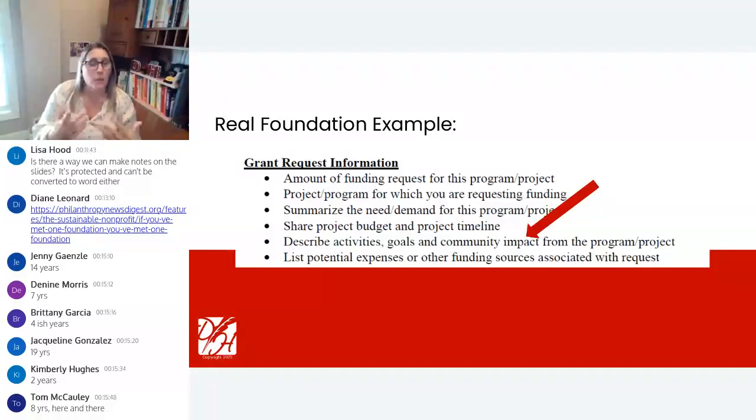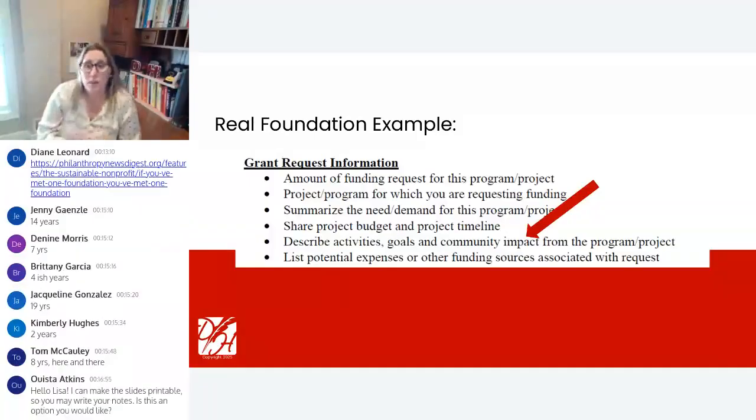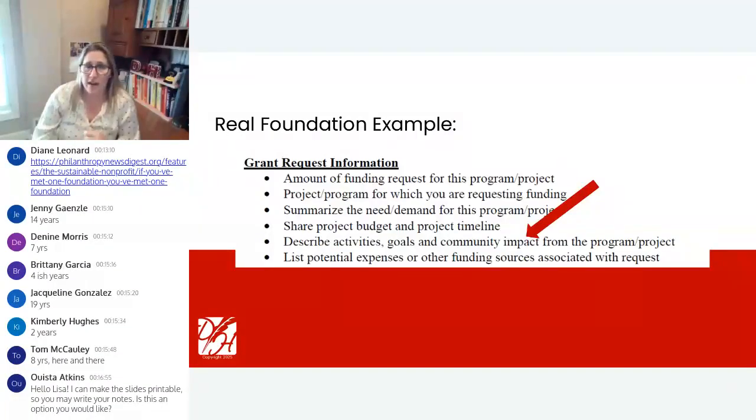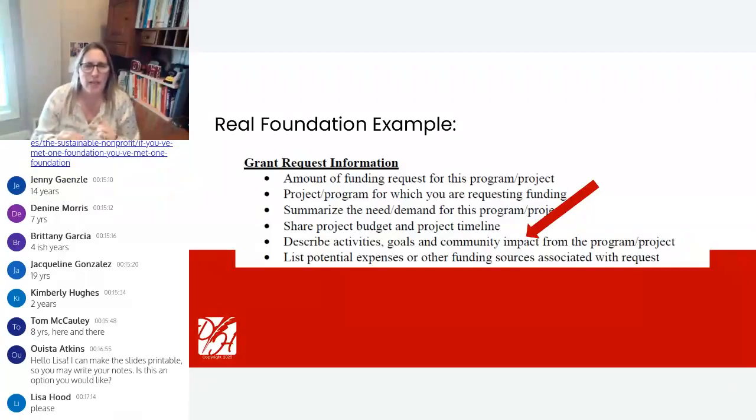So they wanted some pretty typical things. How much money do you want? Cool, good, we know what our request amount is. And then they wanted to know, what project or program are you asking for funding for? Okay, good, nice factual things right now. They wanted a summary of the need or the demand for the project or program. All right, so maybe some census data, maybe some Department of Labor data,